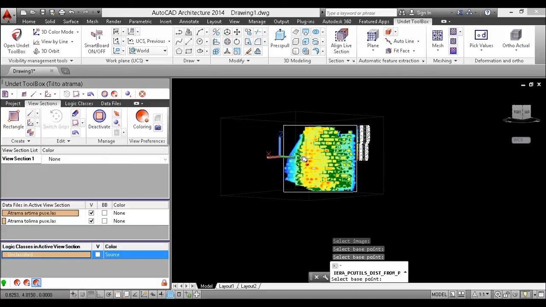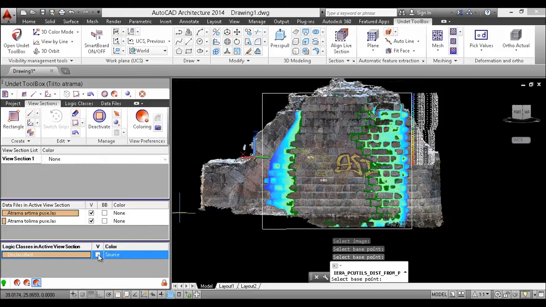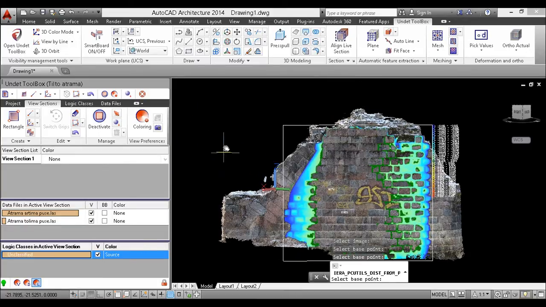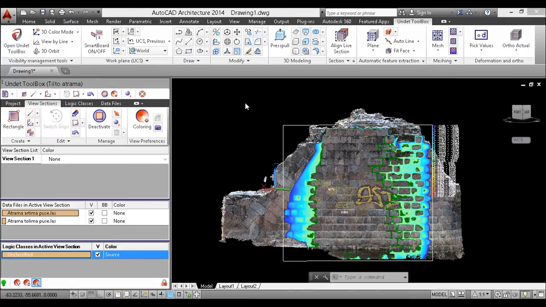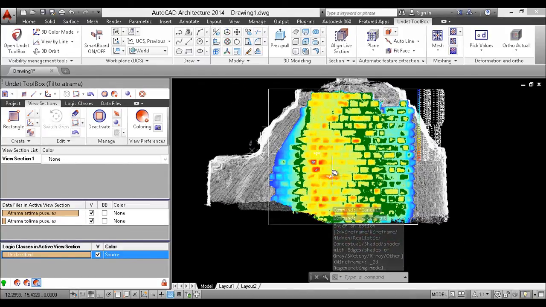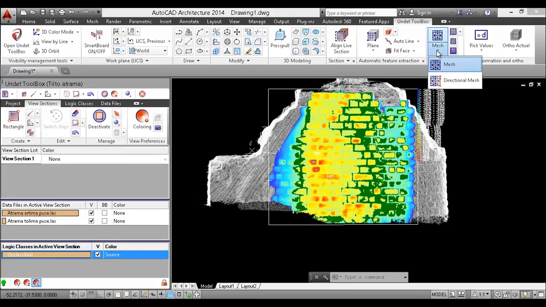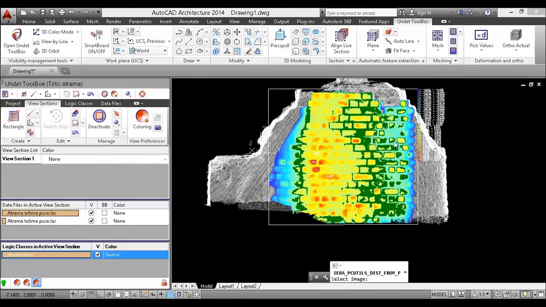Since the point cloud disturbs a little bit the view of the extreme values as it is turned on, here is a small workaround. You can turn on the 2D wireframe mode in order to send to back the point cloud and bring to front the image of the deformation. So I'll click it, and you see your image is now in the front and your point cloud is in the back, and now you can pick up some values having the